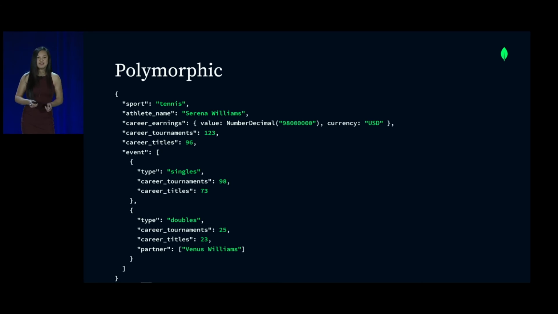And what that also means is that because the shape of this document can change, because the shape does not have to be exactly the same, this means that if we were to change Serena's information a bit and say we wanted to store all of the different events that are part of tennis that she has participated in, this is possible. The polymorphic design pattern is the backbone of most of the other design patterns we'll see, namely because of the fact that we are allowed to have these different types of shapes of documents living within the same collection.